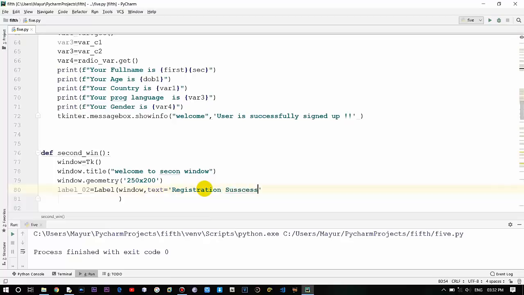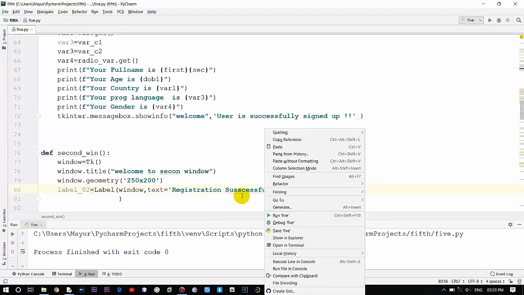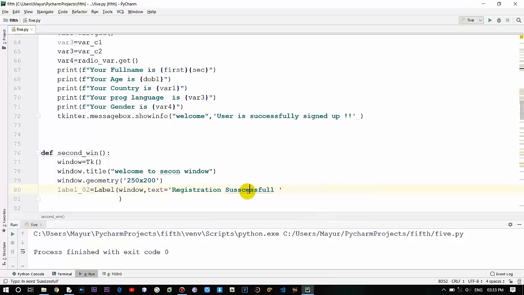Okay, registration successful. Because the spelling is wrong. Okay, or you can just say it as successful. Registration completed. Right, okay, so this looks good, and we'll be providing relief